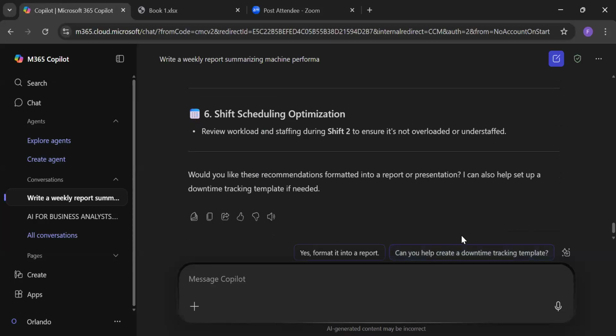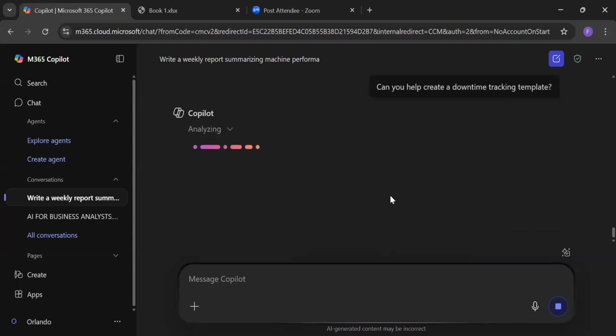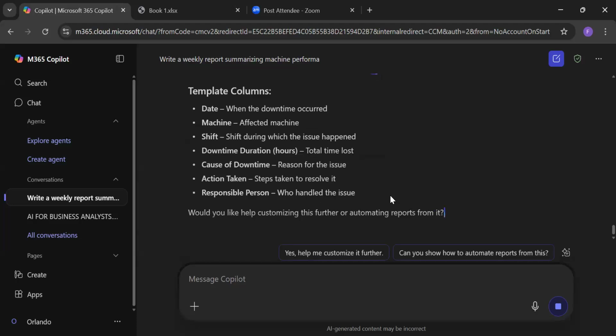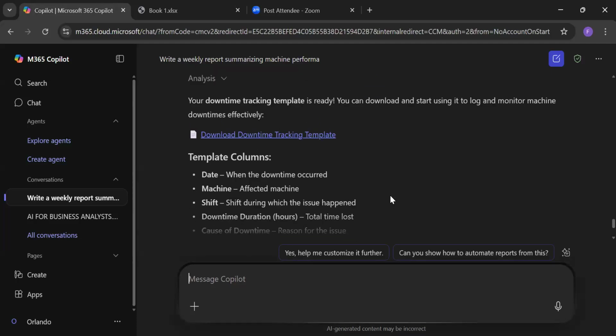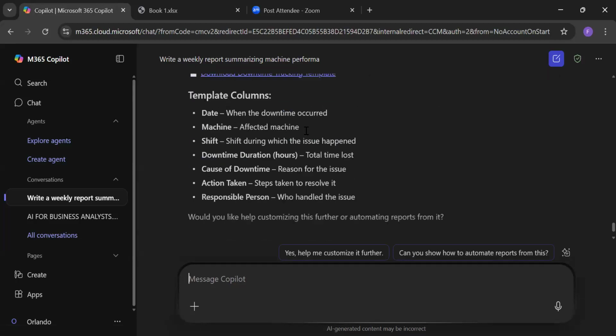If you need a template, it can create one from scratch for us, so that we can help track the downtime in our organization. And so on. There are so many things Copilots can be used for.